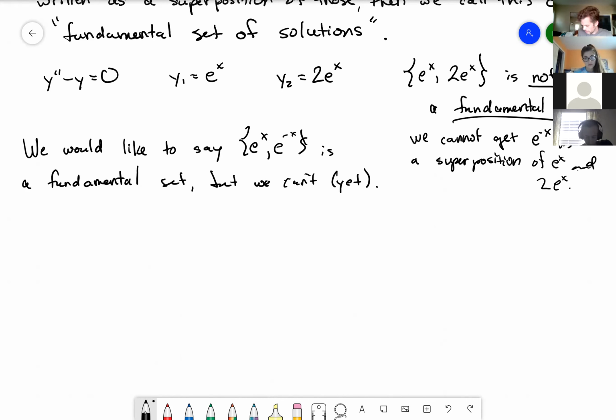We have to be able to show that whenever we have this pair of solutions and we form a superposition, we can always form a superposition that will satisfy our initial conditions no matter what they are. As long as it satisfies them, then we know it's unique by our uniqueness theorem, and so that's all we need. So that's what we need to be able to show. And in order to do that, we're going to have to take a step back and talk a little bit about linear algebra,